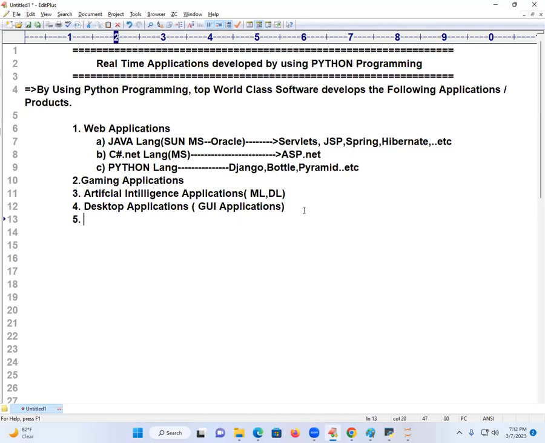Fifth one I'm going to talk about: image processing applications. This is also one of the most famous applications nowadays. When you take a selfie, you went to some picnic spot, you took some selfie, and you want to keep it in your status. What will you do? Will you keep it immediately? No, you will edit it or not. Even when you edit it, so many images will be shown or not. Black and white, background, something. So many images will come or not. How is it coming? Can you think of it?